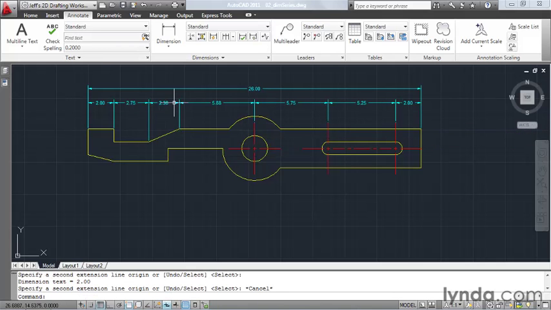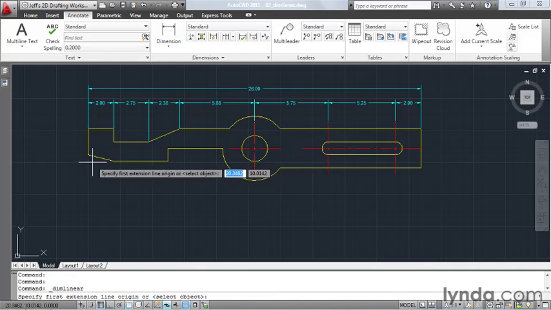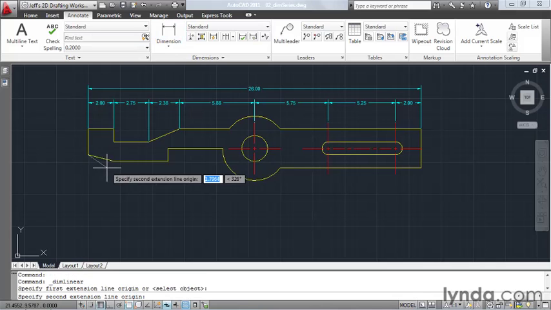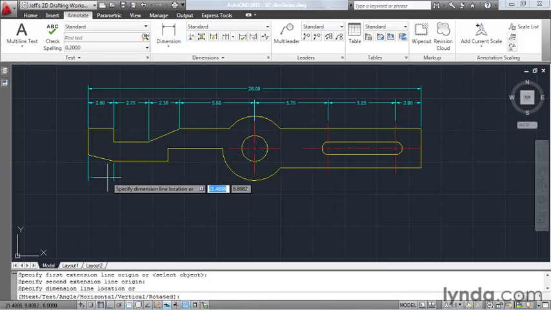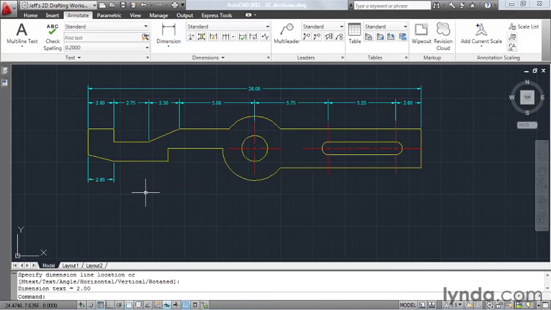Now, this is nice, but what if I'd like to create a series of dimensions to a common baseline? Well, I can do that also. Once again, I'll start by creating a dimension. I'll click Linear, and I'll create my dimension from the endpoint here to the endpoint here, and I'll pull this one down this time. Next, I'll come back to the same place, and I'll click this flyout, and I'll select